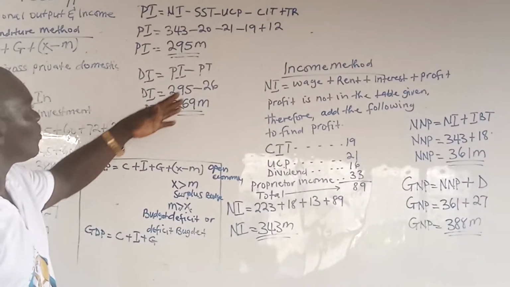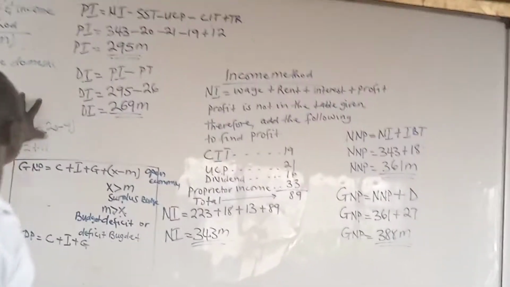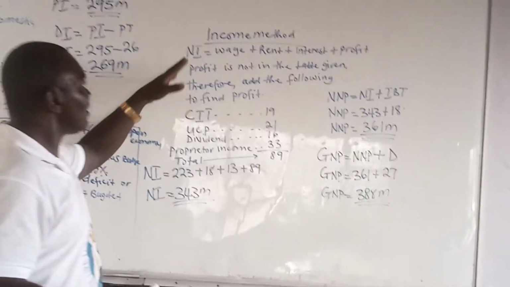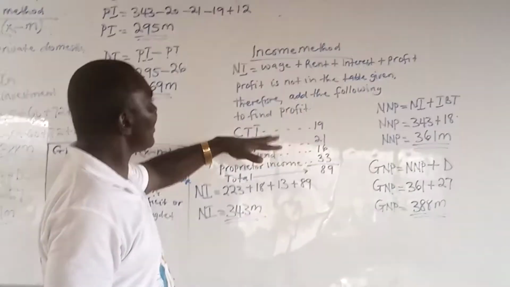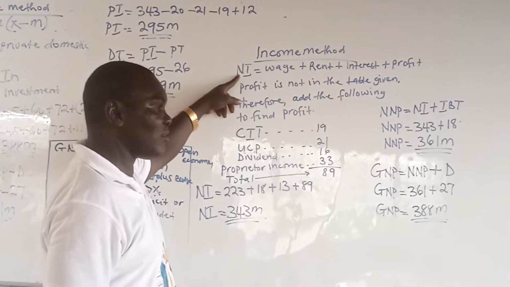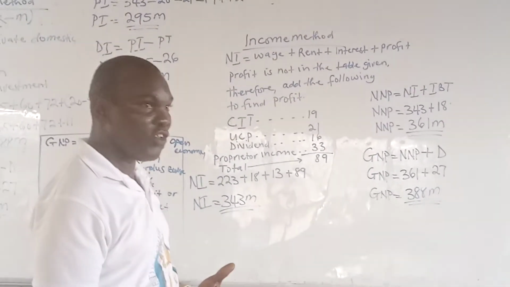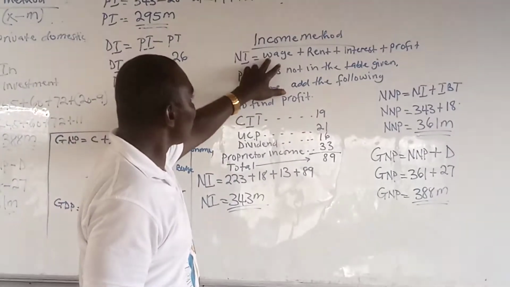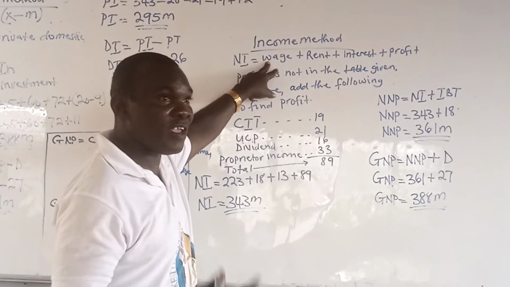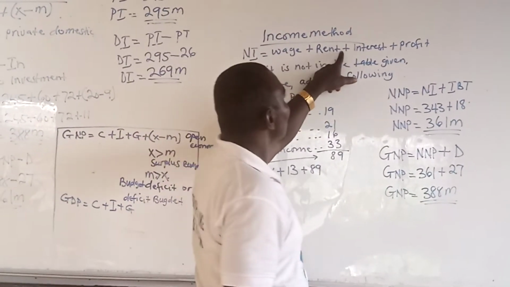From here now, we have to come to the income method. And the first method we dealt with is the expenditure method. So within that, you have to use the income method. So using the income method, we start with NR, which is the national income, and it is equal to the wages, meaning after work, a contractor has to get something. And those wages, we can consider as compensation of employees, or employees' compensation, our wages, plus rent, plus